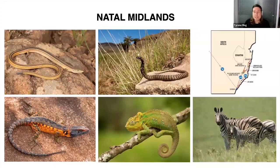Several other key species along the way in the Natal Midlands. We've got this really unique lizard on the left-hand side called the coppery grass lizard. As you can see, it's very serpentine in nature, has a very long elongated tail. The tail makes up about 60% of the body, and it's got tiny little forelimbs and rear limbs. And unfortunately, people often mistake these animals for snakes, and they are feared amongst the community when they really don't